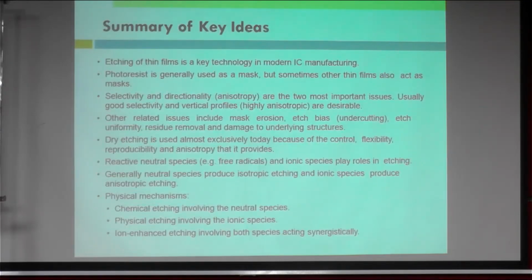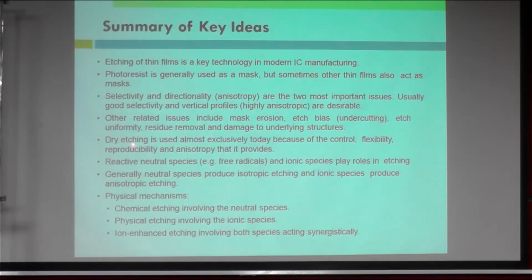Etching of thin films is a key technology in modern IC manufacturing, and photoresist is generally used as a mask, but sometimes other thin films also act as a mask, for example silicon dioxide. Selectivity and directionality are the two most important issues. Usually good selectivity and vertical profiles are desirable, in order to have the geometry as intended. Other related issues include mask erosion, edge bias, undercutting, edge uniformity, residue removal and damage to